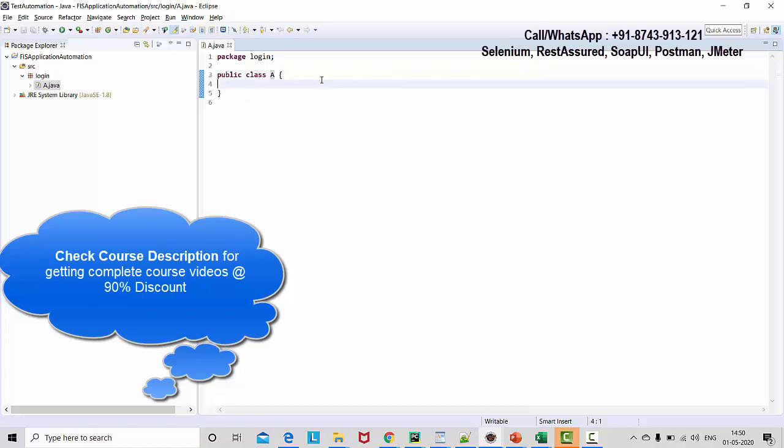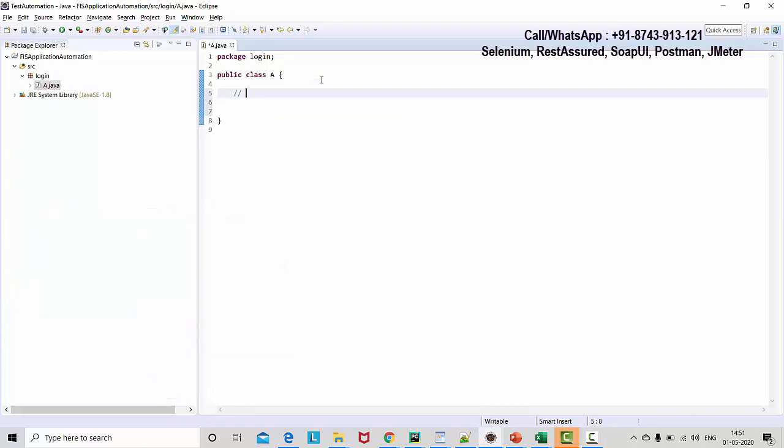Now the file is open and we are ready to write code. Now we have to understand a few rules of Java. So rule 1 of Java is, I'm just using double slash, which is used for commenting. So for a single line comment, I'm using double forward slash. So rule 1 of Java is, whatever code you are going to write should be inside the class boundary.